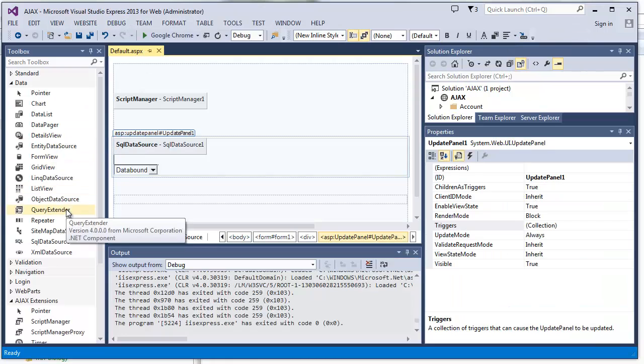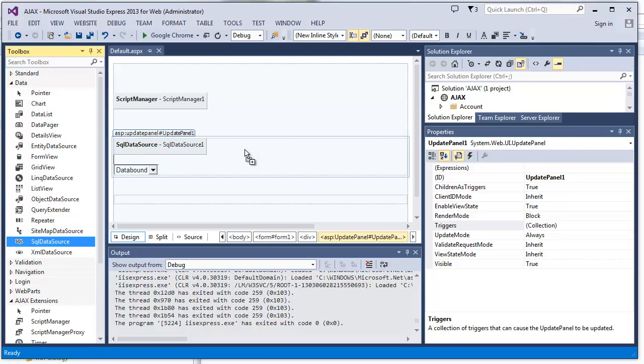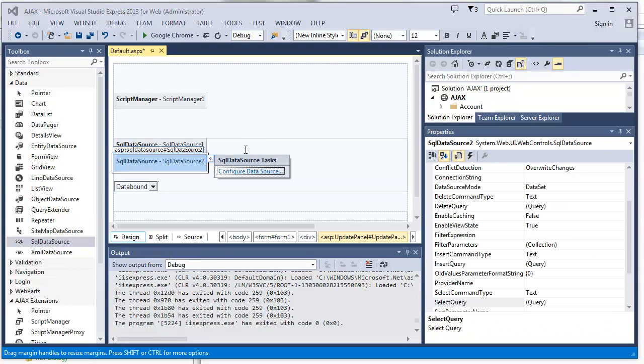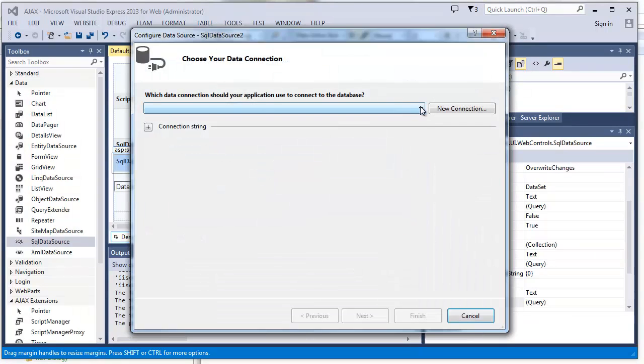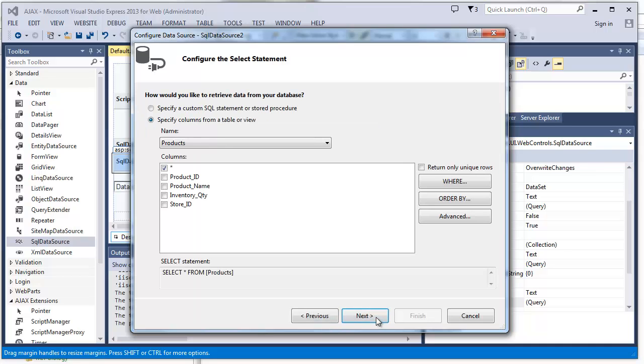We'll create another SQL data source right in the update panel there. Configure. We'll select the same connection string that we had before, sample connection string. Click Next. And now we want the products. Product ID, product name,